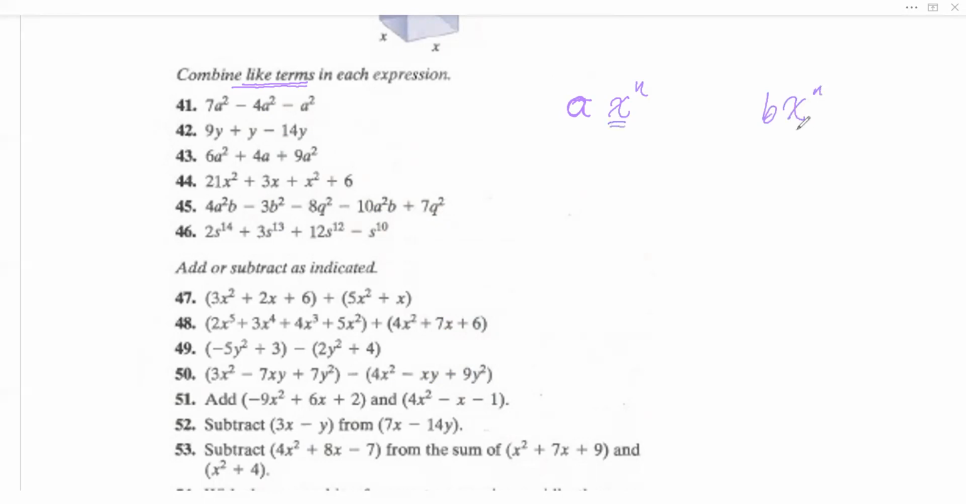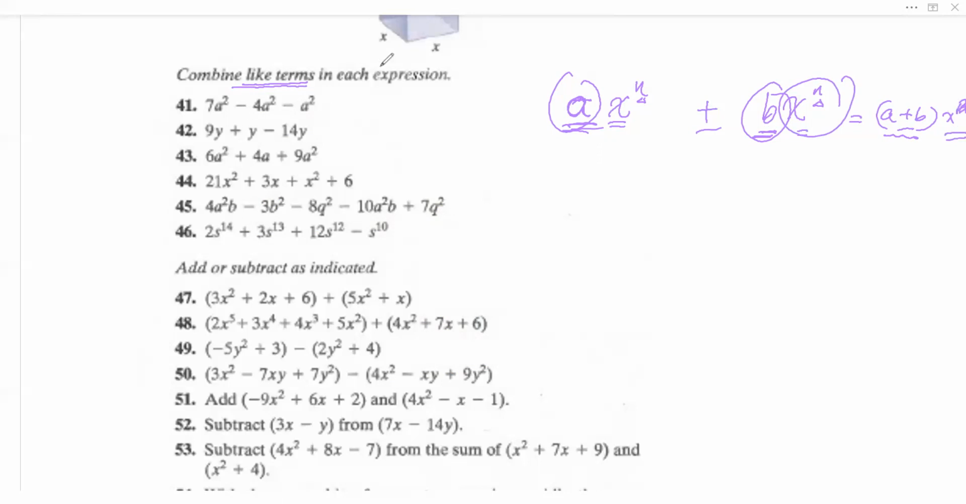Variable should be exactly the same. The exponent also exactly the same. Only different is the coefficient part. So when they do the addition, you just need the coefficient part to do the addition, right? When I do minus, only the coefficient part does the operation, right? So you can combine like terms this way, right? So only the coefficient part does the operation. The rest part doesn't change,